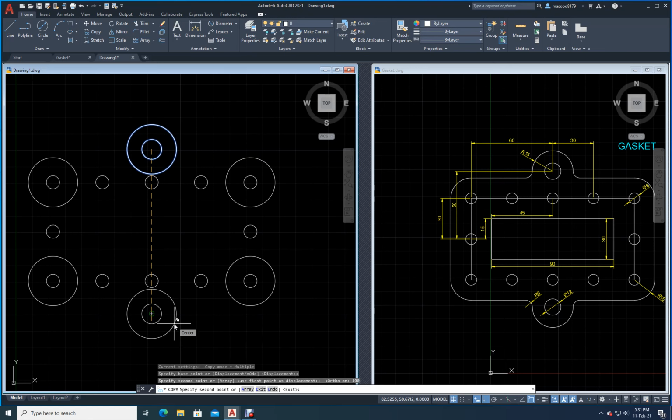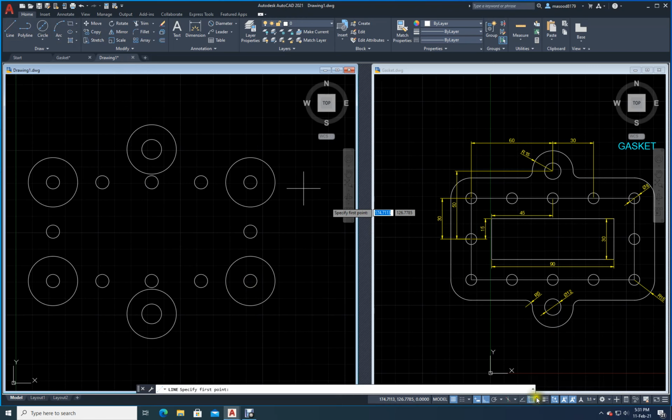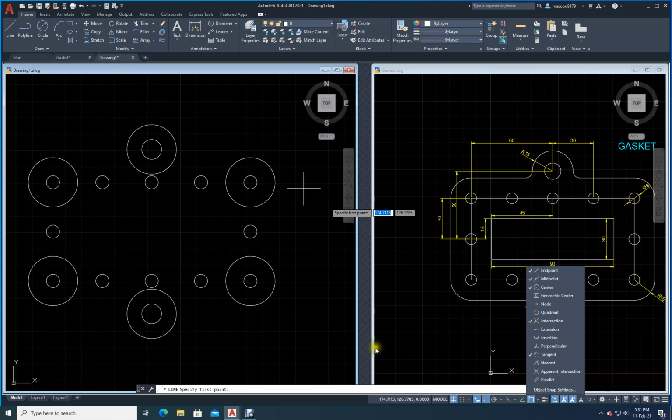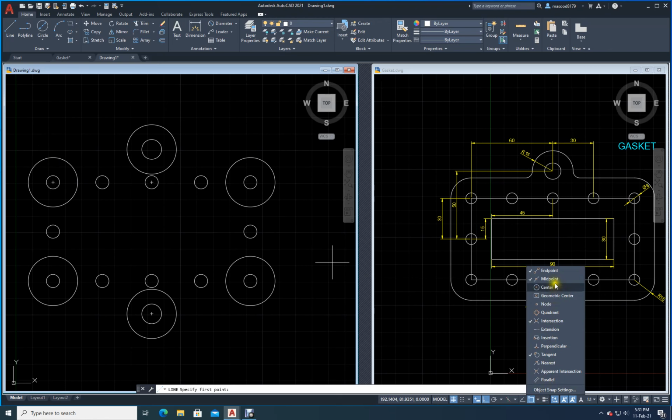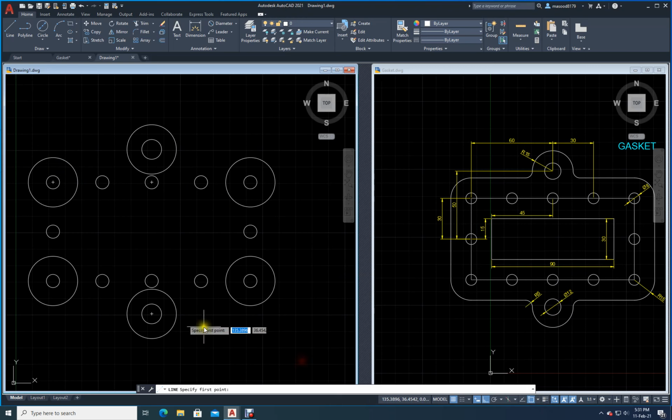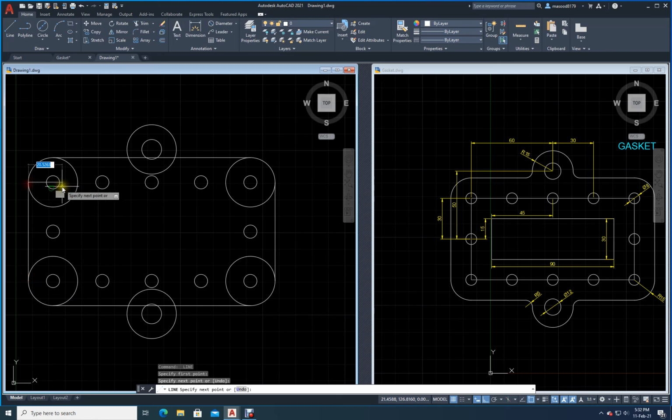now see here, everything is ready with me now. Now I will escape. Now what I will do, I will draw tangents. I will just go here, select tangent, remove center because it will catch the center, just take it out. Midpoint also I don't need. Now just go here, from here to here, enter, again space bar, from here to here, enter, again space bar, from here to here, enter, again space bar, from here to here, enter.